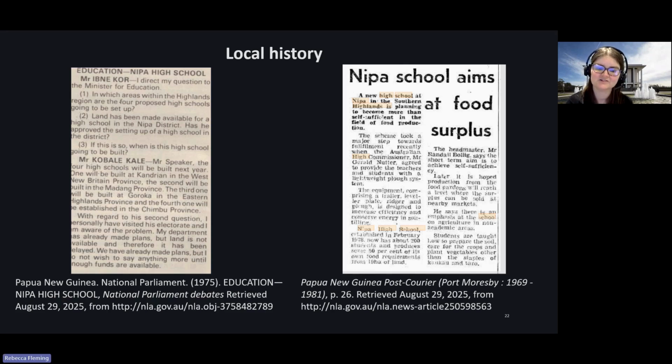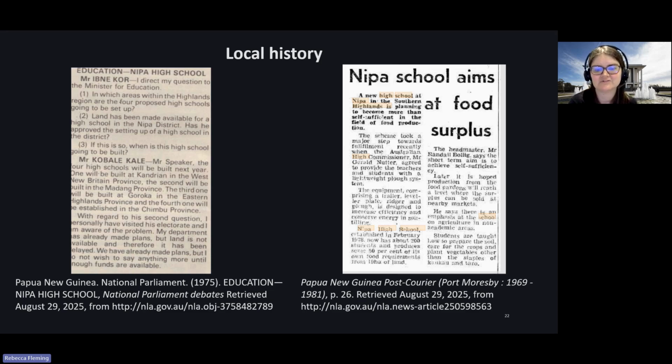And I just wanted to share a little bit about what I think is quite exciting local history you can find in the papers. One of the really exciting things about having the digitised debates on Trove is that they're searchable. And Liz will explain to you a little further down how you can search Trove. So you can search by place name and find relevant sections of the debates quite easily.